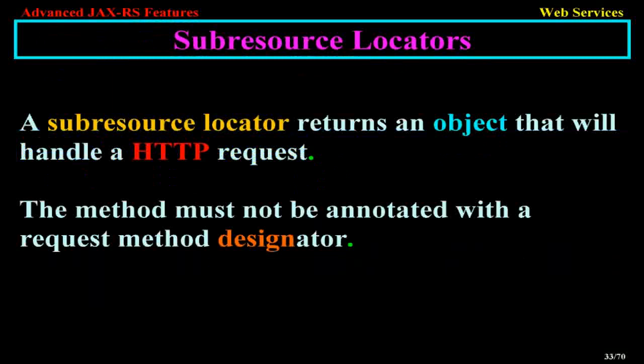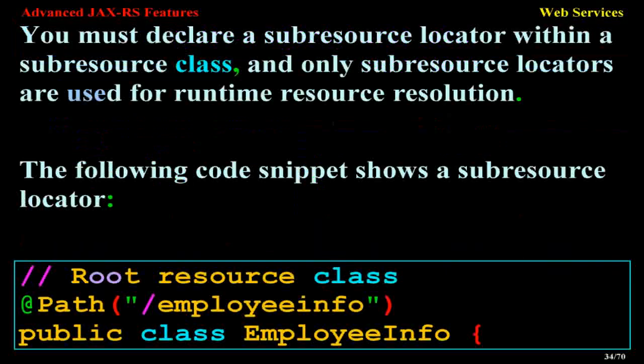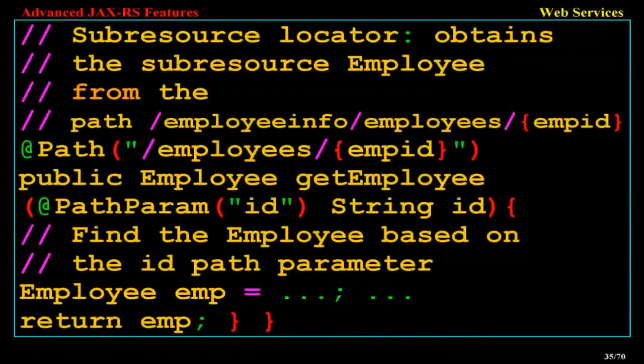Subresource locators. A subresource locator returns an object that will handle an HTTP request. The method must not be annotated with a request method designator. You must declare a subresource locator within a subresource class, and only subresource locators are used for runtime resource resolution. The following code snippet shows a subresource locator. Root resource class: @Path("/employeeinfo") public class EmployeeInfo {